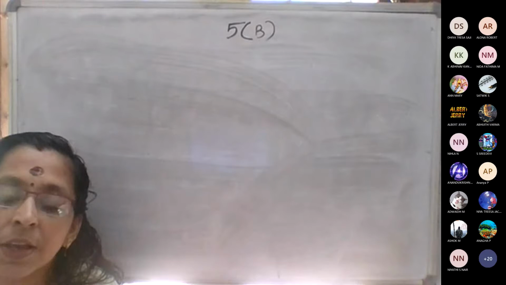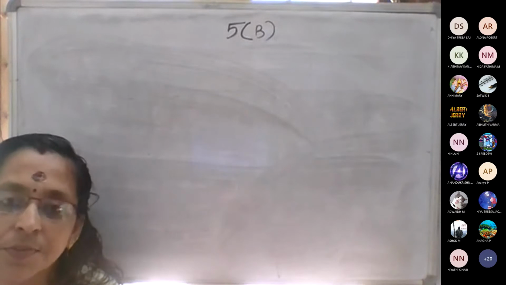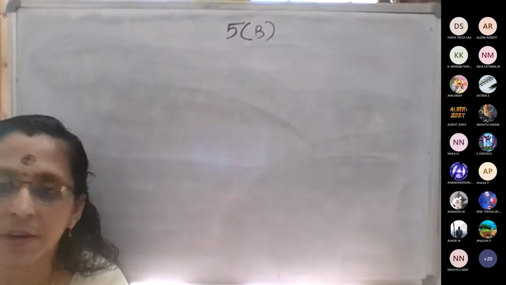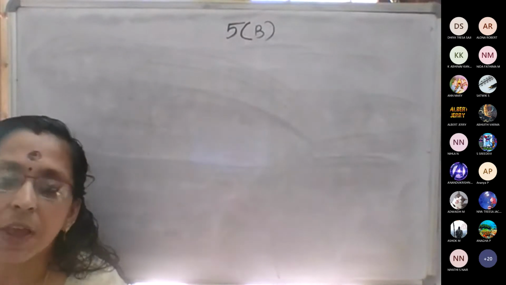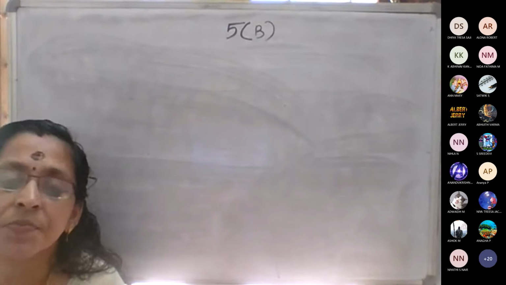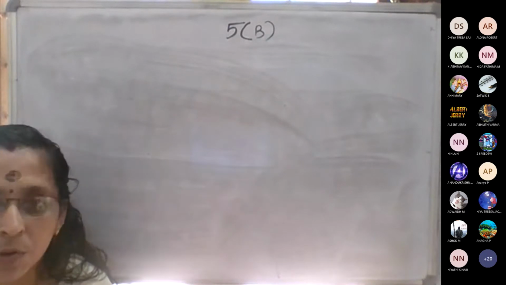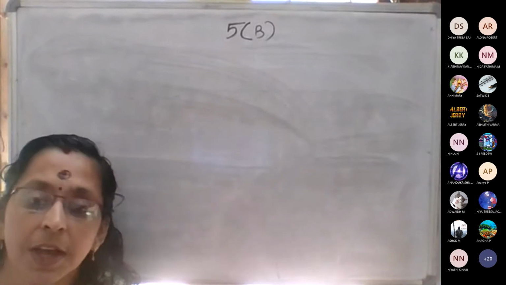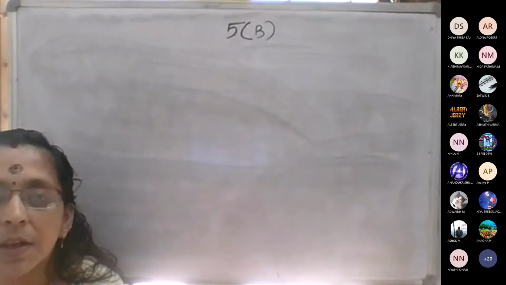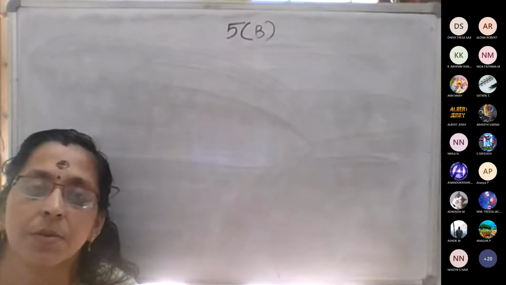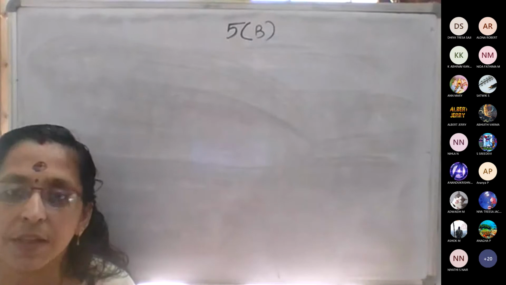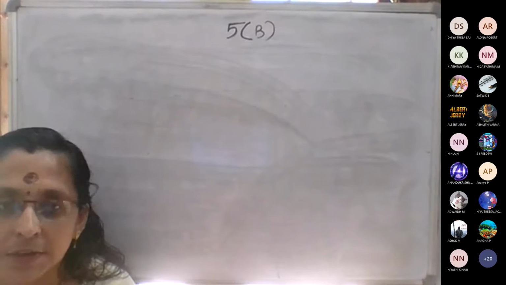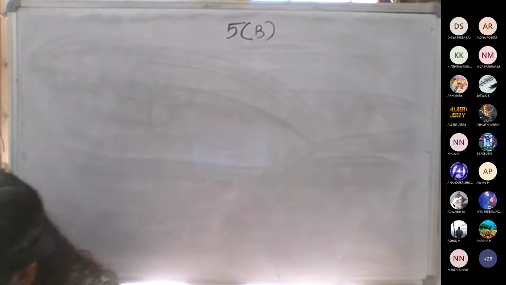We are factorizing that. In some cases, we can't factorize. In some questions we can't get the value like x minus 1 into x plus 2. We will not get that. So what we have to do is check whether they are factorizable or not. How can we check? If it is factorizable, one condition is there, and that should be satisfied. Then only we can say that it is factorizable. Otherwise, we can't factorize.